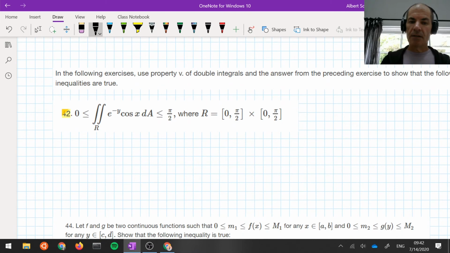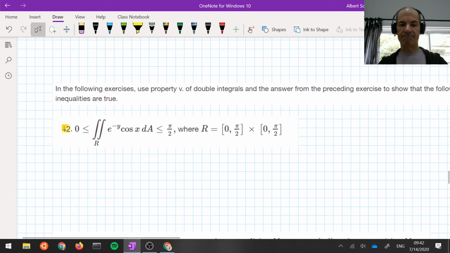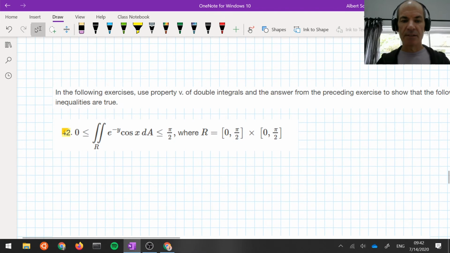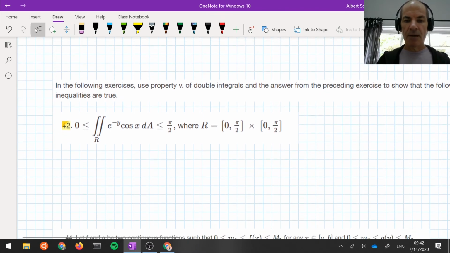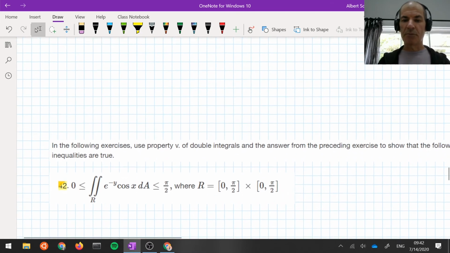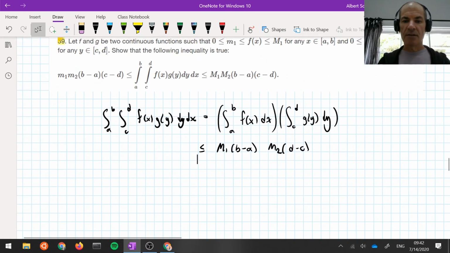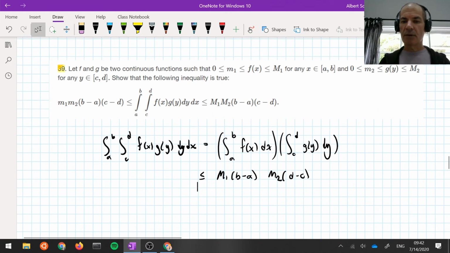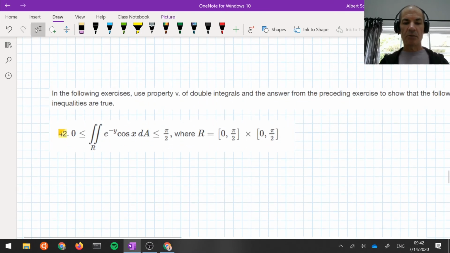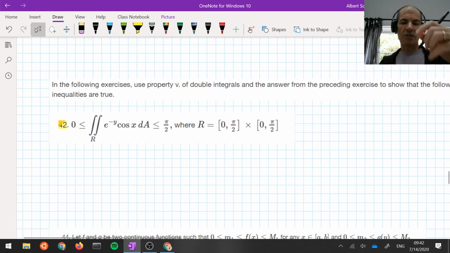All right, in this exercise, you're asked to use property 5 of double integrals to wrestle with this problem. And you can use the answer to the preceding exercise also. Notice this applied to functions that were positive and bounded above and below, and an integrand as a function solely of x times a function solely of y. That's what we have here. Oh, and there's a typo here. This should be